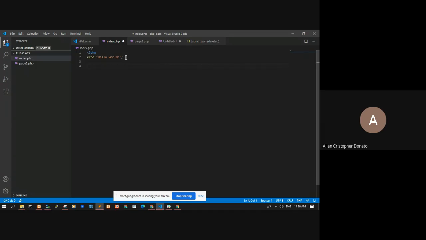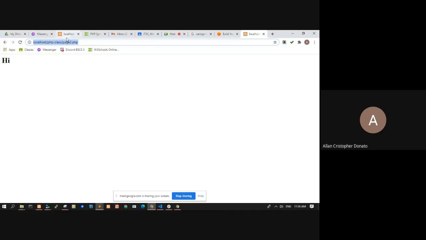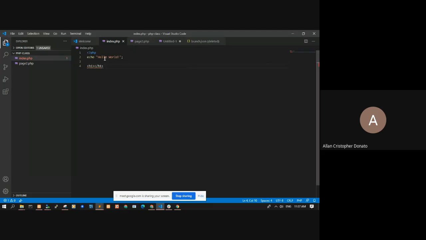Like for example here, if you have H1, it will create an error. Okay? Ayan, meron na siyang unexpected angle bracket. So in order to put H1 after your PHP script, you need to close the script.